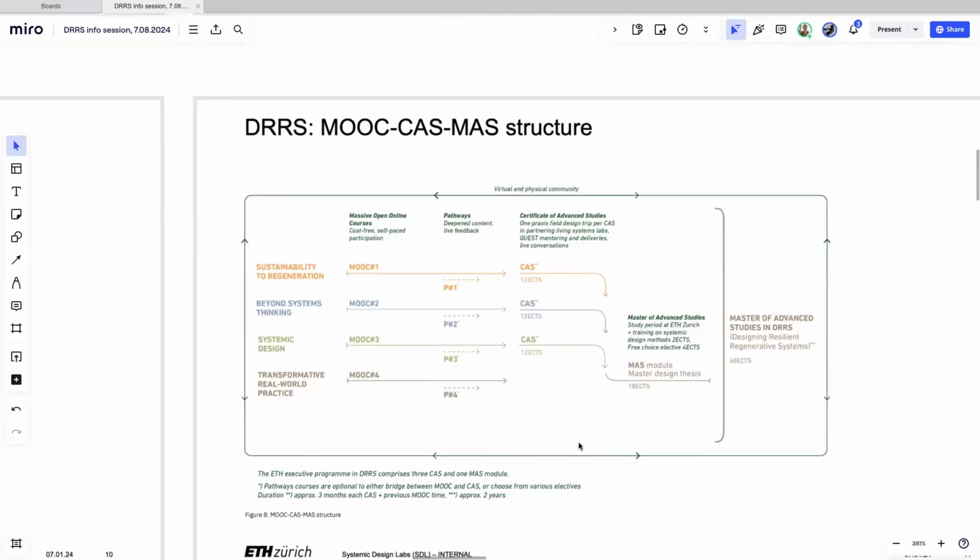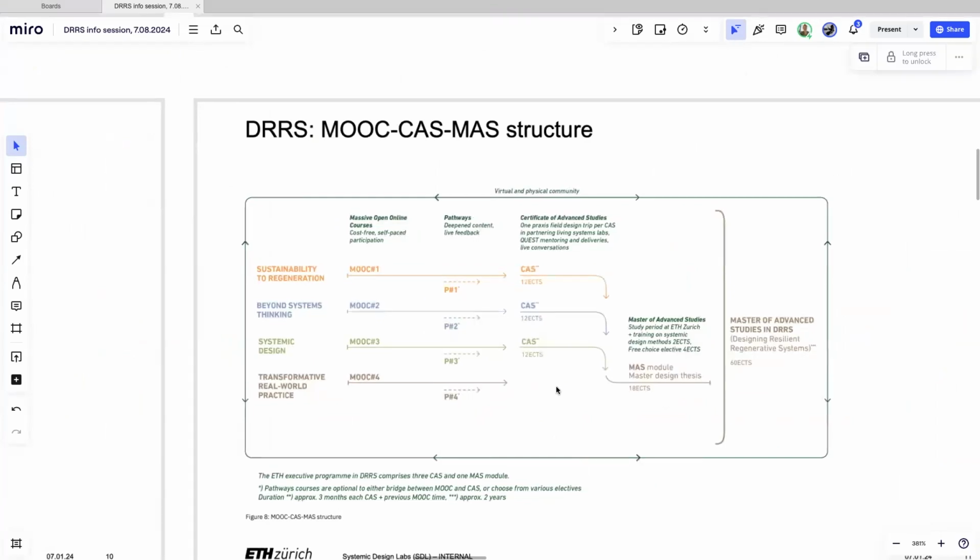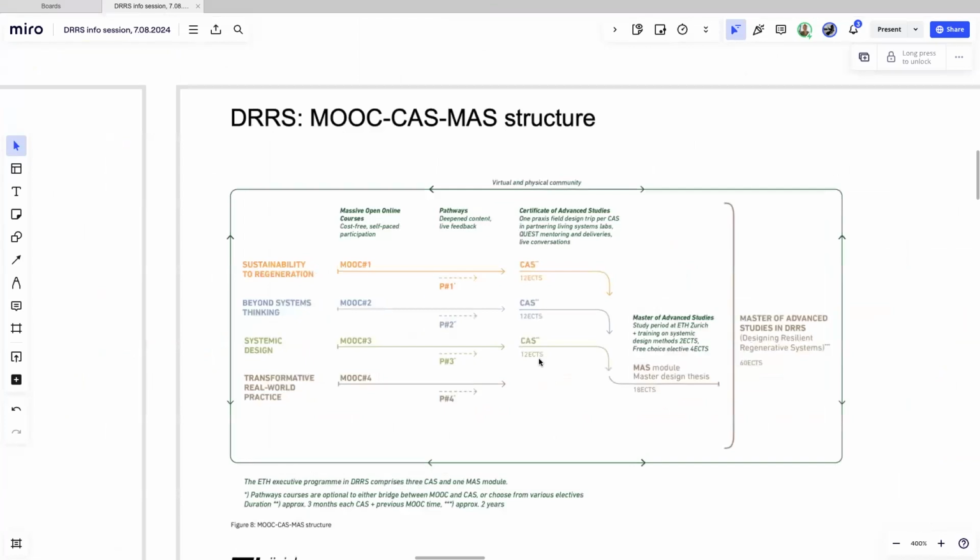This shows a bit more detail about the same direction. It's again important to remember we have these 4 elements and the titles shown as well. The start is always with a MOOC in order to enter a CAS. We see the credit points here, 12 credit points per CAS in the European Credit Transfer System. Each CAS can be done in isolation, each MOOC as well. But in order to do the entire master program, all elements have to be done.